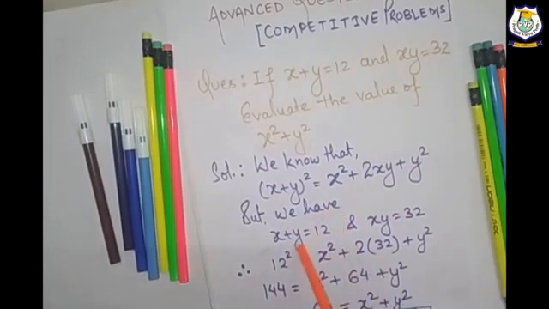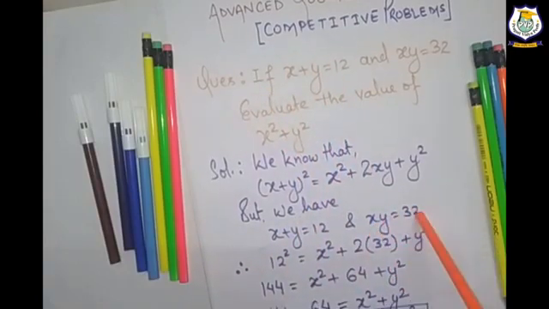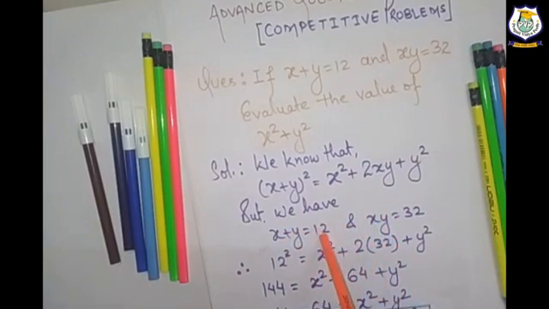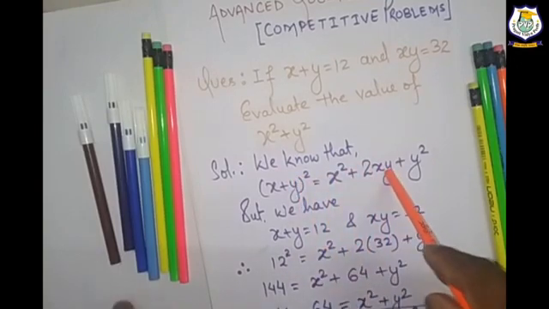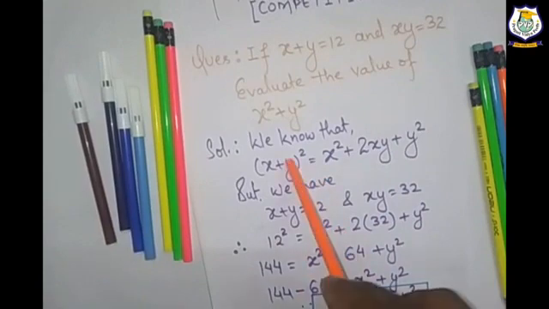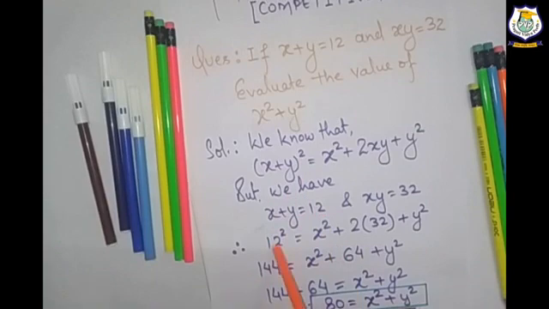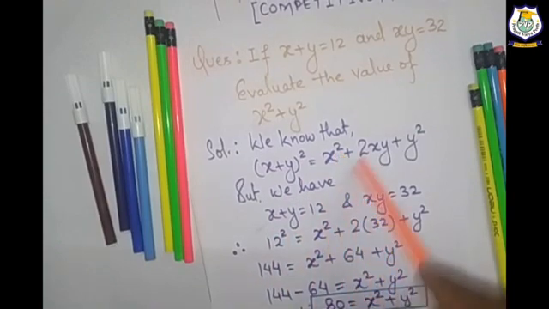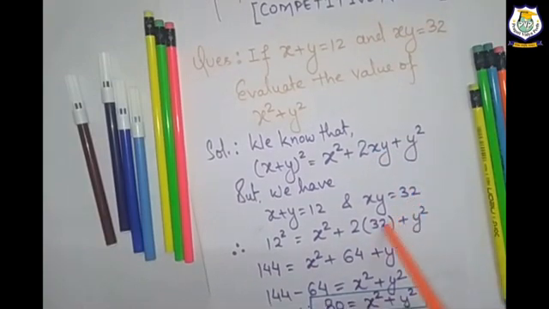And we know that we have x plus y equals 12, which is given in the question, and xy equals 32, again given in the question. So these terms x plus y and xy can be replaced by 12 and 32 in this identity. So take a look. In place of x plus y, we are using 12, because x plus y equals 12, that is 12 square. X square is already there, 2 is there, and in place of xy we are writing 32. Y square is already there.